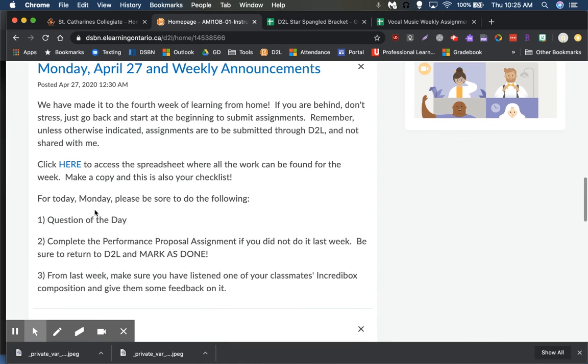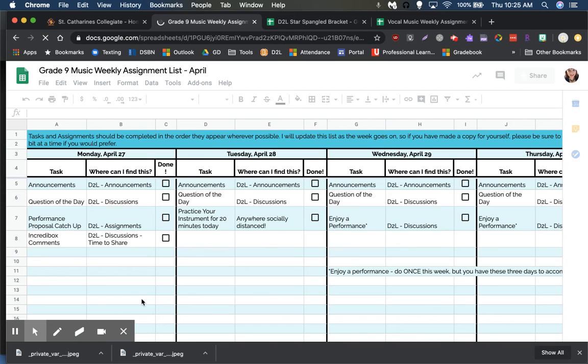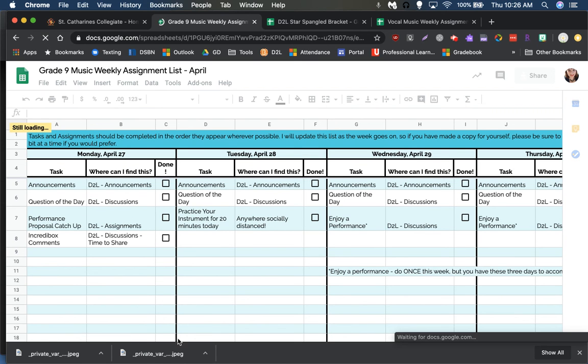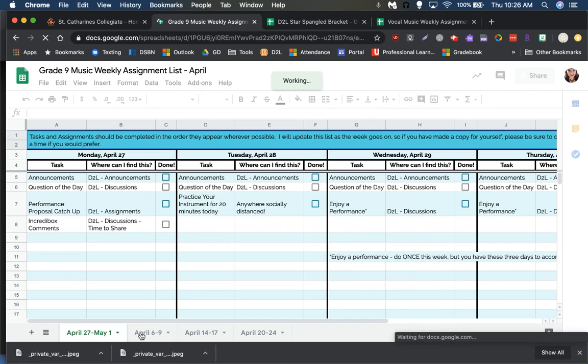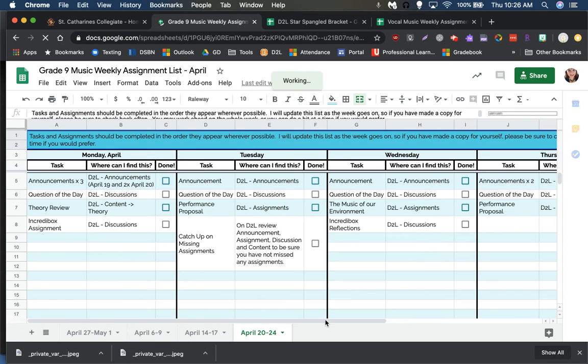If you scroll down, you can access your worksheet anytime, okay, and it will pull up what you have to do as well. And you can see across the bottom, you've also got your tabs will pop up and you can navigate through the different weeks. My plan is as of next week, I'm going to do a different color. So the tabs will still remain across the bottom, and the most recent will be at the front, and I'll just keep moving them kind of